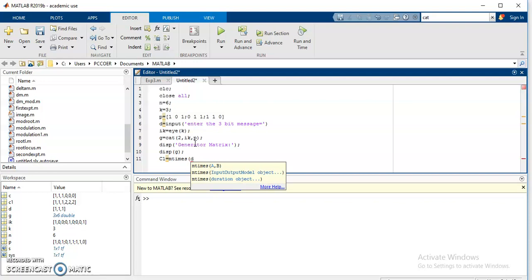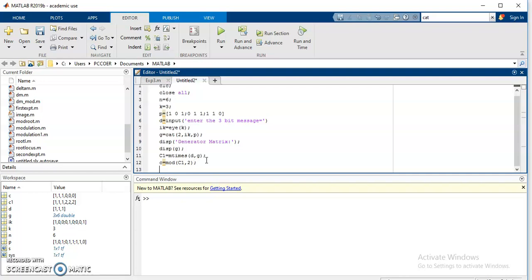Here the message is D and the generator matrix is G. It will perform a matrix multiplication, and after multiplying we will perform the modulo 2 operation for the code word C. Then we will display the code word for the given message. Display C.